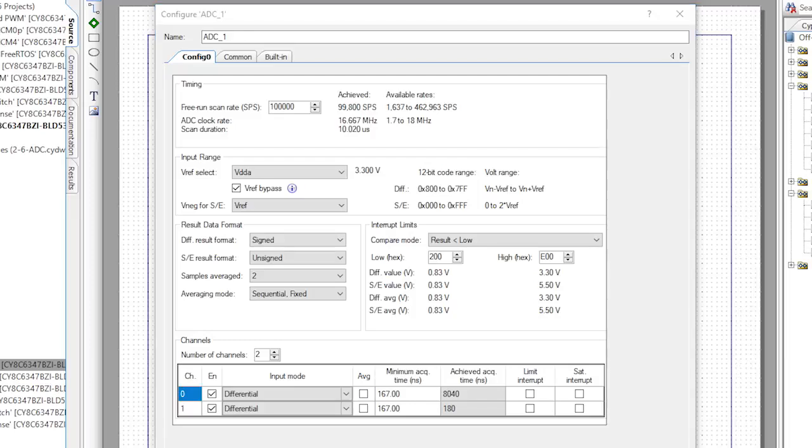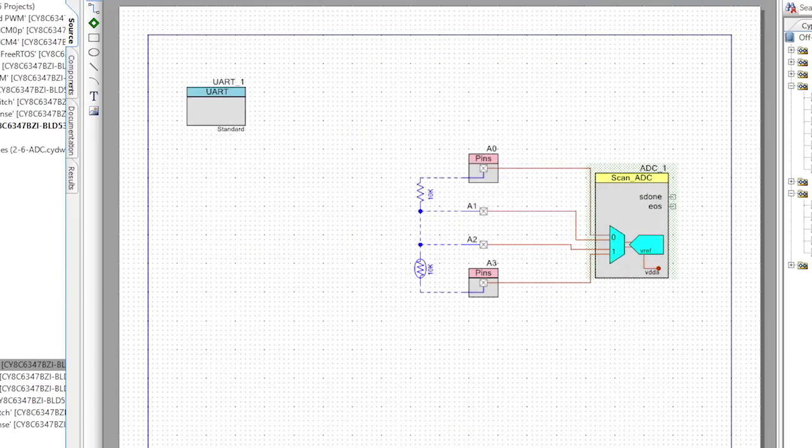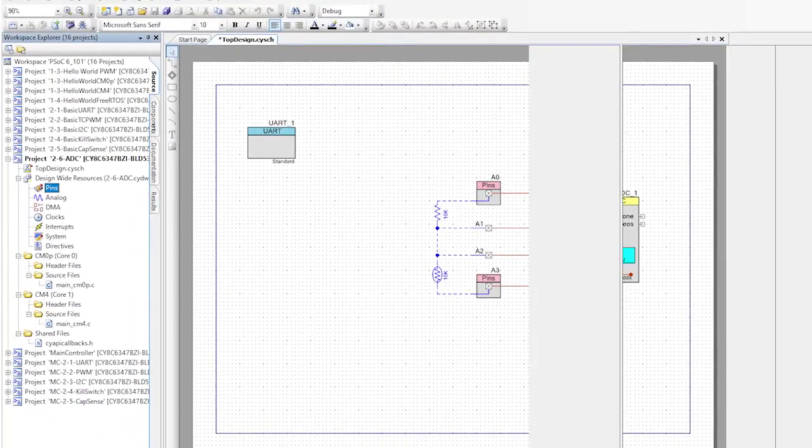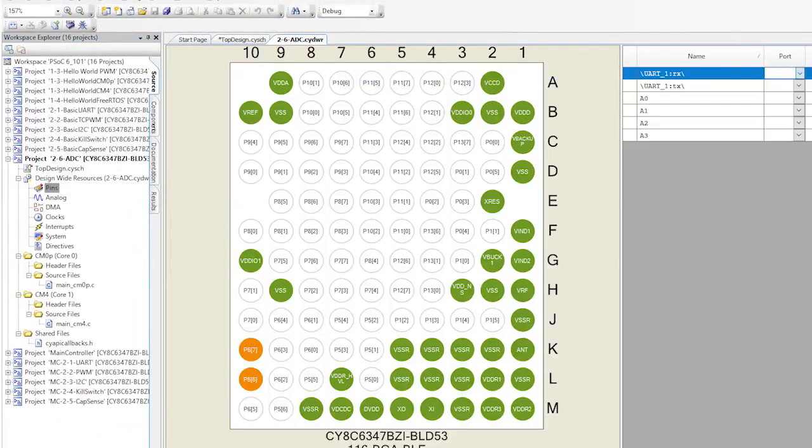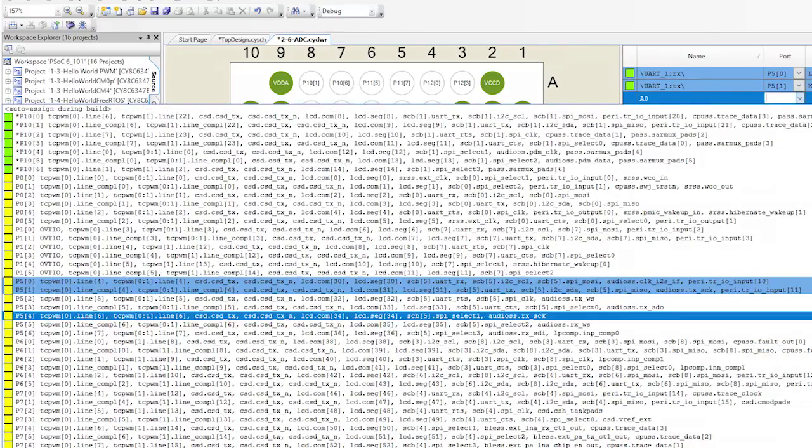That'll work. Next, I want to turn on averaging. Then select 256 samples. Averaging is effectively putting on a big low-pass filter, which gets rid of noise. Notice that it will be slowing down the speed of the SAR because it has to take all of those samples. Now that the schematic is done, I'll assign the pins, the UART RX and TX to P5.0 and 5.1,